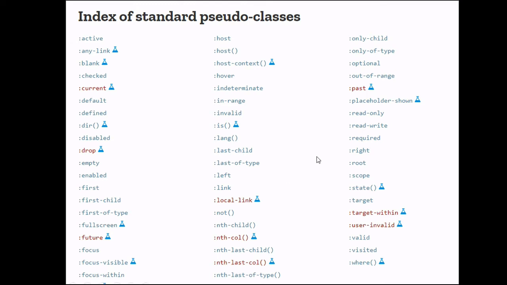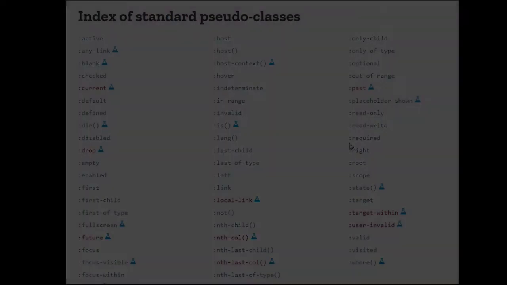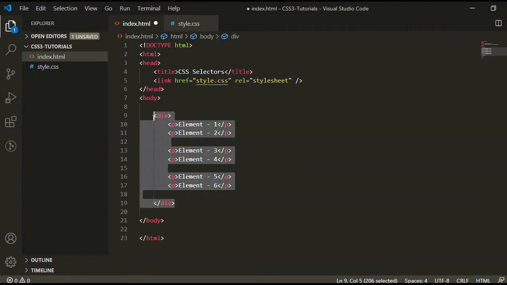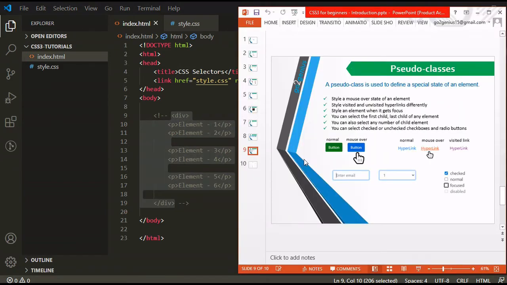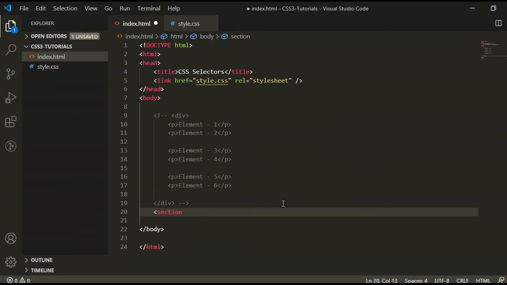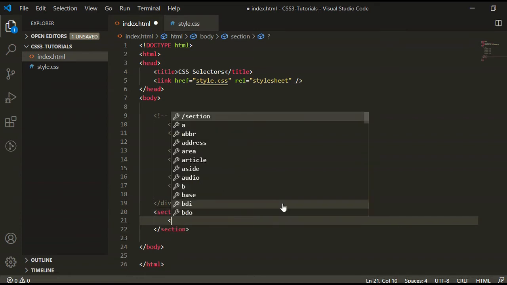Now it's time to write some code, so let's jump onto the editor. Here we have the editor. Let's comment out this code as of now. First we will start with the hover state for the button and hyperlinks. Now I am taking the section element. Inside this I will take a button.